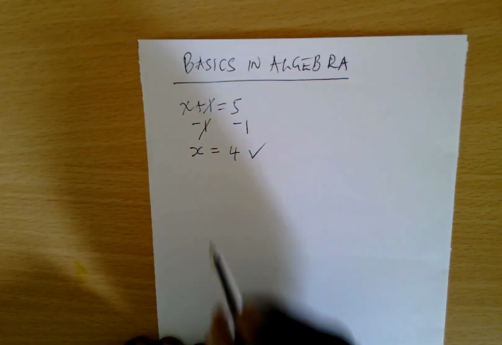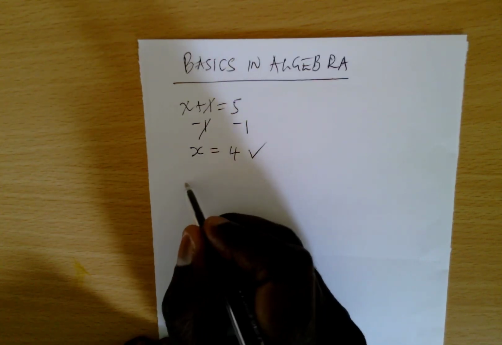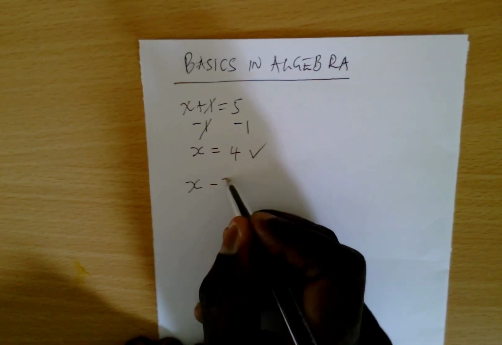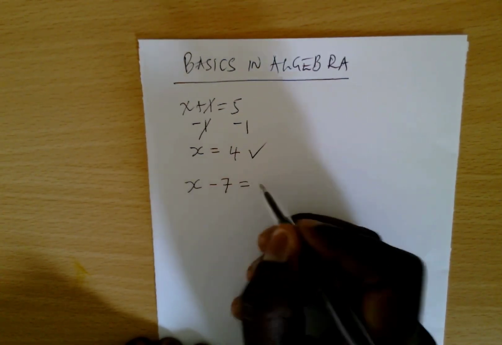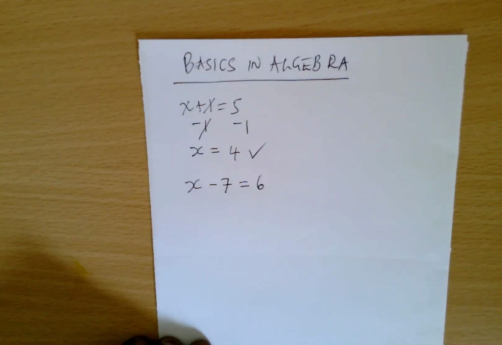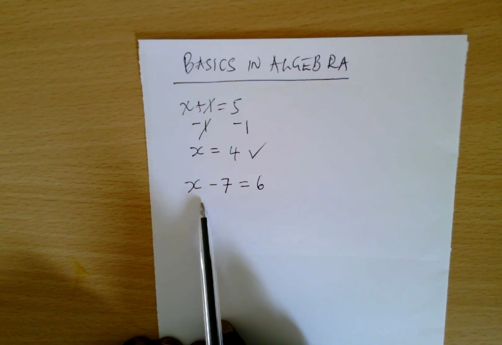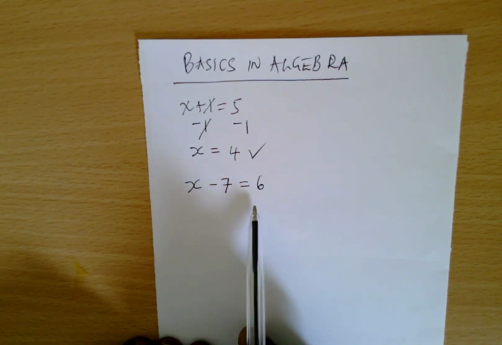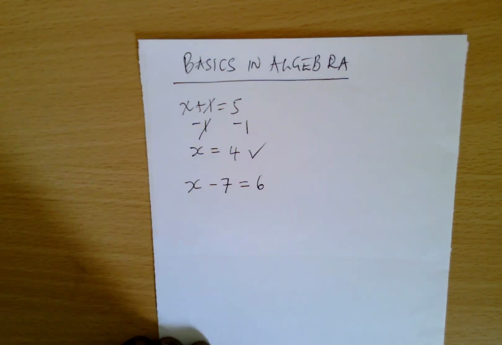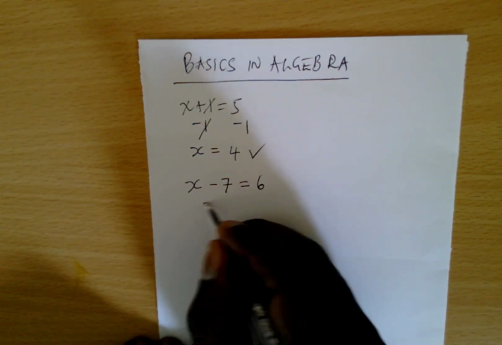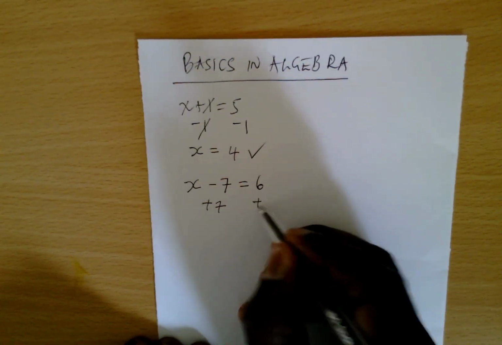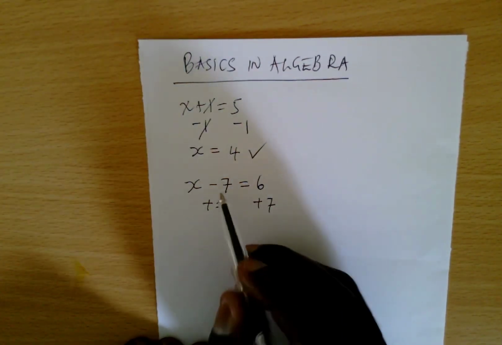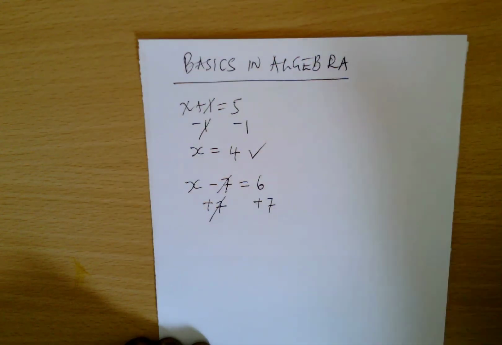Now the next example we can do is x minus 7 is equal to 6. I'll do that one there. Now I will continue to tell you whatever you do to the left, you do to the right, because it helps so much. You will see as things get complicated why it's good to get used to this method. So plus 7 on the left hand side, plus 7 on the right hand side. I do that because when